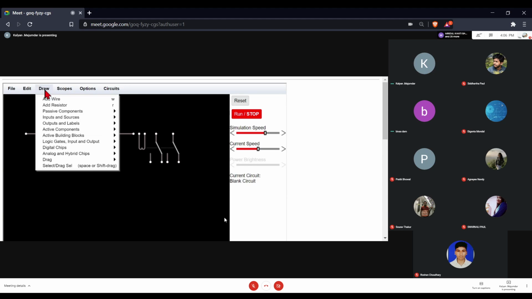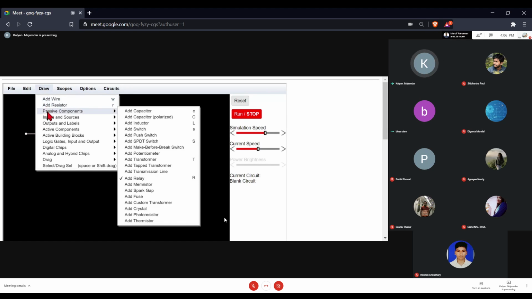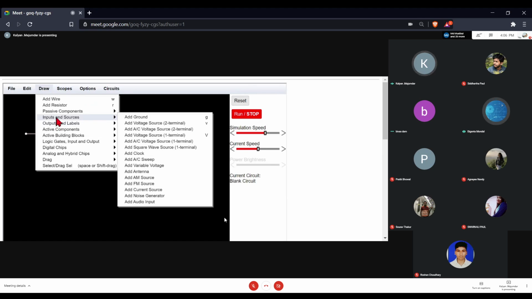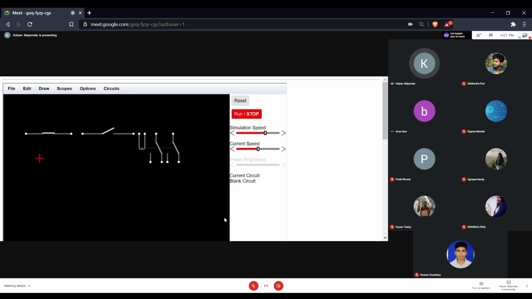So draw, you need sources, add wire, active components, building block, source কোথায়? আচ্ছা, গ্রাউন্ডটাও লাগবে। Add voltage source. এটা আনফরচুনেট পার্ট হলো, একটা কম্পোনেন্ট ড্র করলে তার ওরিয়েন্টেশনটা চেঞ্জ করা যায় না। ড্র্যাগ করা যায় কিন্তু রোটেট করতে পারবে না। সো ভুল আঁকলে আবার মুছে, এটা পোলারিটি উল্টো এঁকে ফেলেছি।